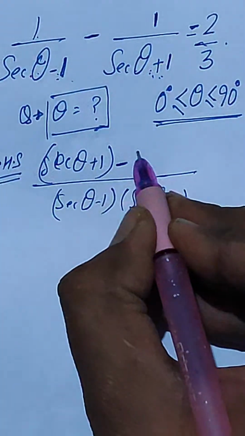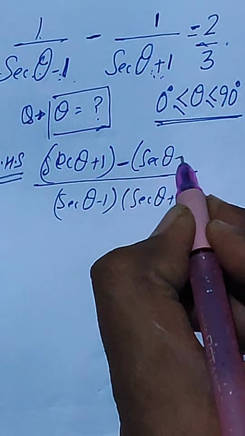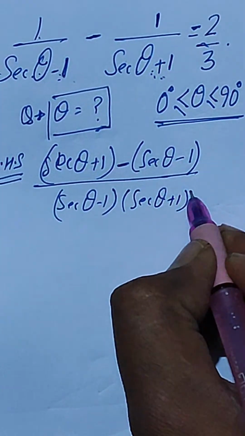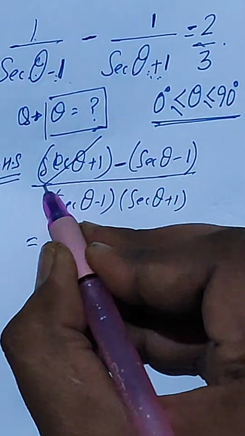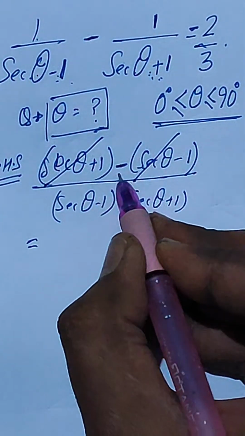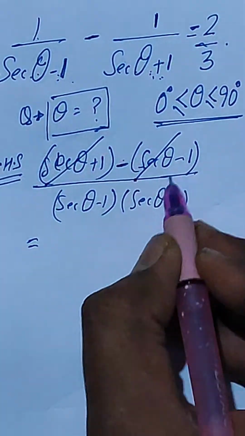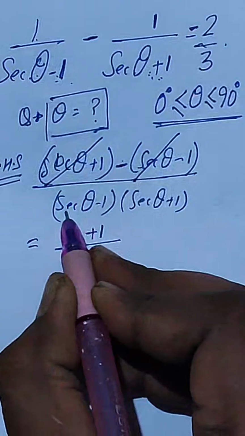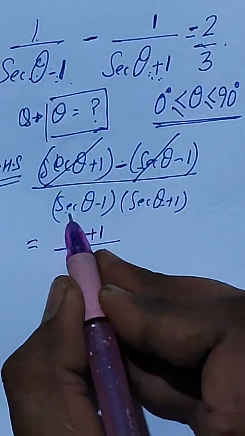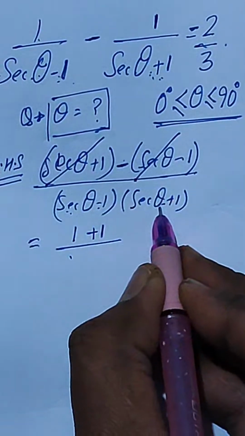minus sec theta minus 1, right? And this will be equal to, you can see, sec theta and sec theta will be cancelled, and we have minus minus plus. So 1 plus 1 in the numerator, and in the denominator it will be a minus b into a plus b. So it will be